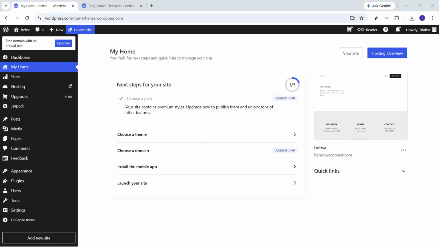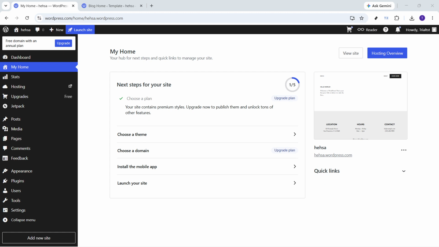In today's video, I'm going to teach you how to integrate Mailchimp with WordPress. If you want to connect your WordPress website with Mailchimp so you can grow your email list and improve your marketing, this process is very straightforward. In this walkthrough, we'll go through the setup from inside WordPress.com and make sure you know what to look for